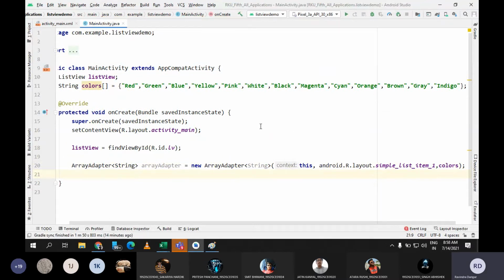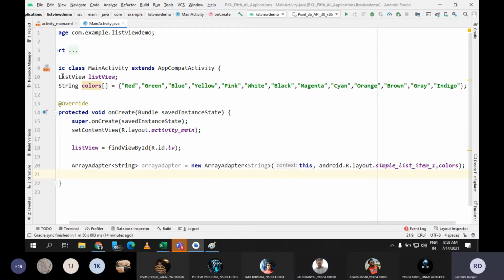We have created an object of array adapter. We have set everything. Now what is next? Whatever adapter we have created, we need to set this adapter in the particular view. How to do it? Set adapter. Very good. We can use the object name, with the method which is set adapter.